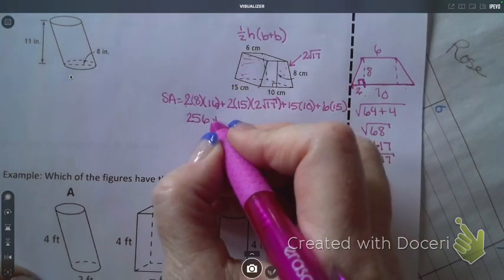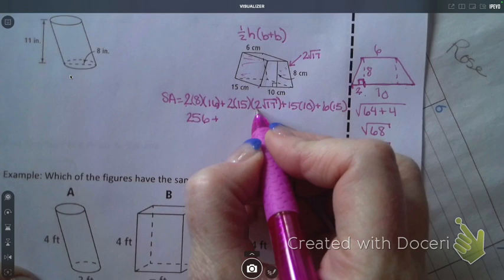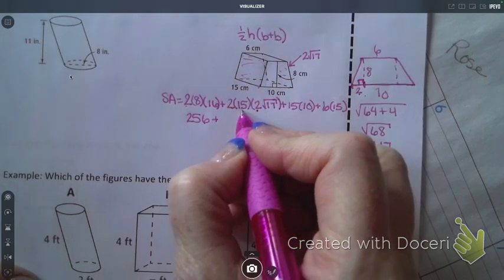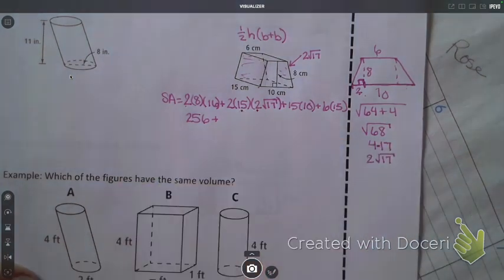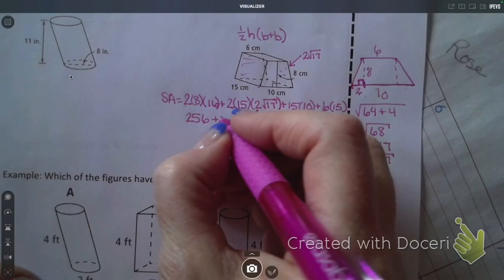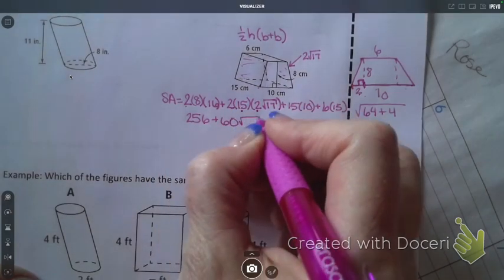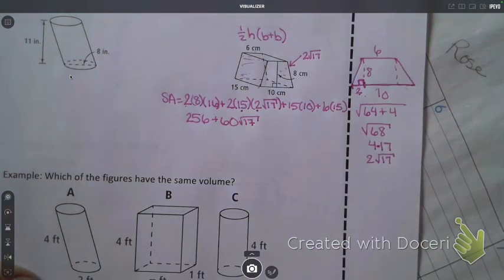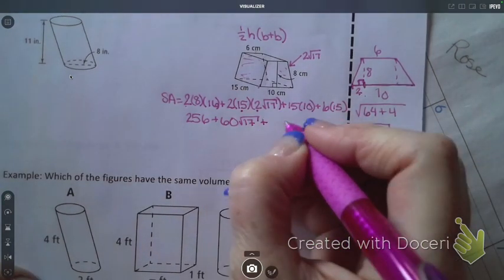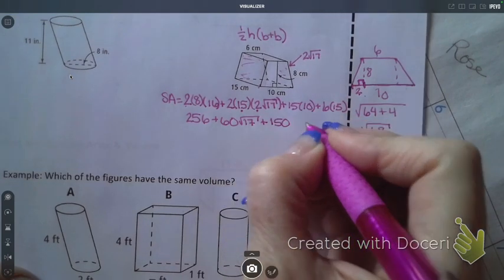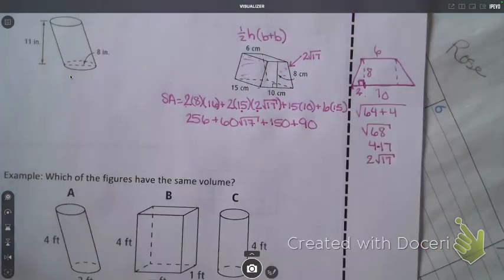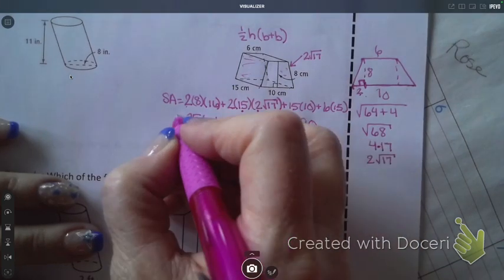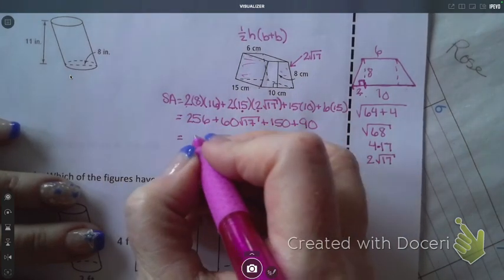Okay, so I have 2 times 2, which is 4, times 15. A clock is divided up into 4 15 minutes. 4 times 15 is 60. Square root of 17. Well, you better not get confused on the next one. 150. And then 90. Now, can I add anything to the 60 square root of 17? No. So 60 square root of 17